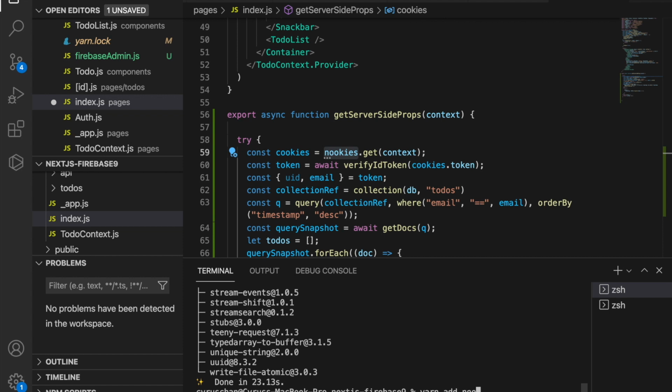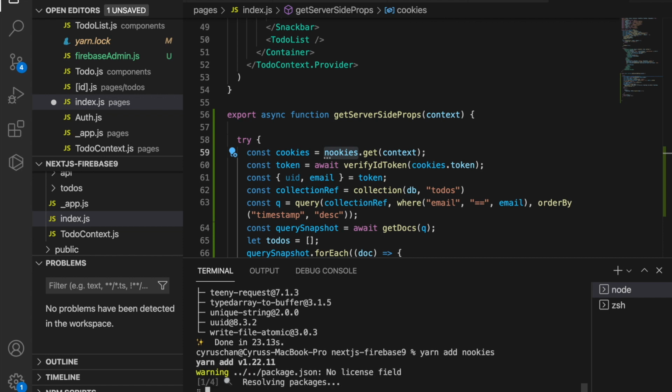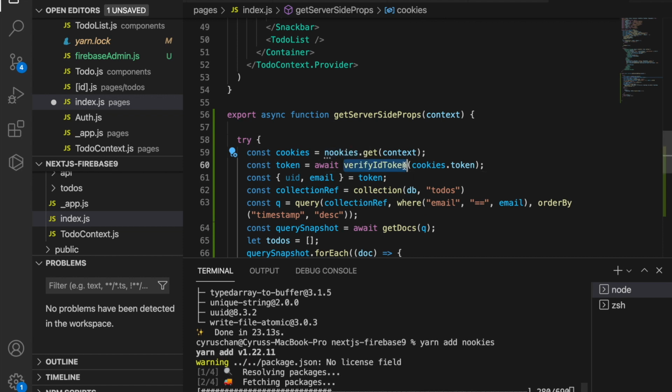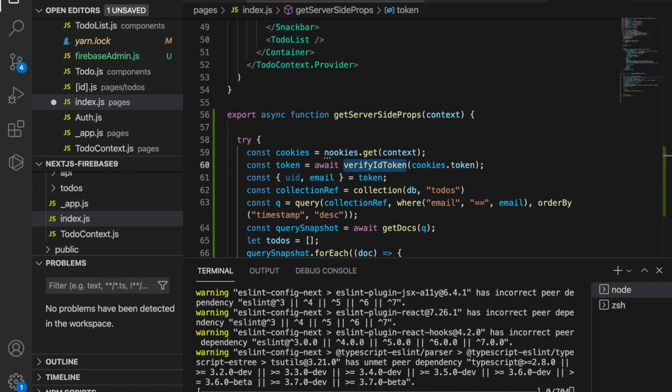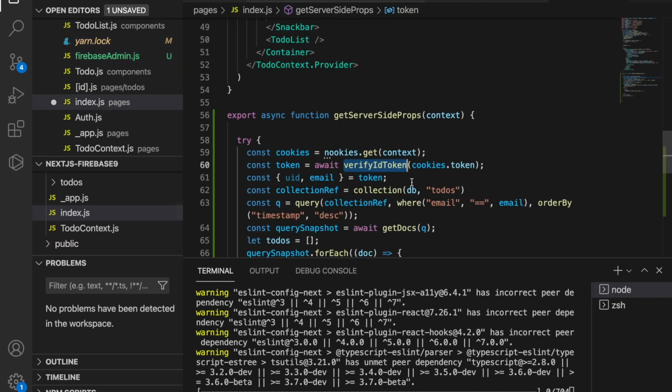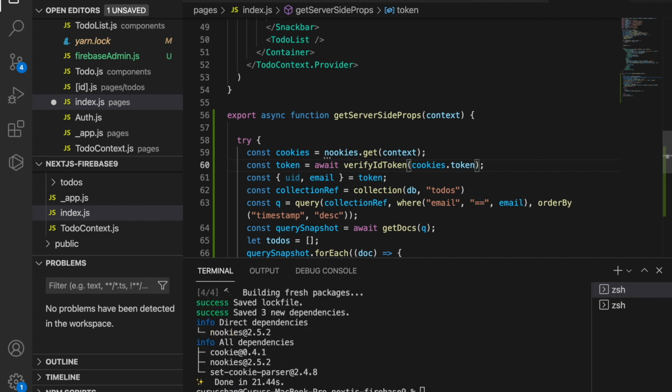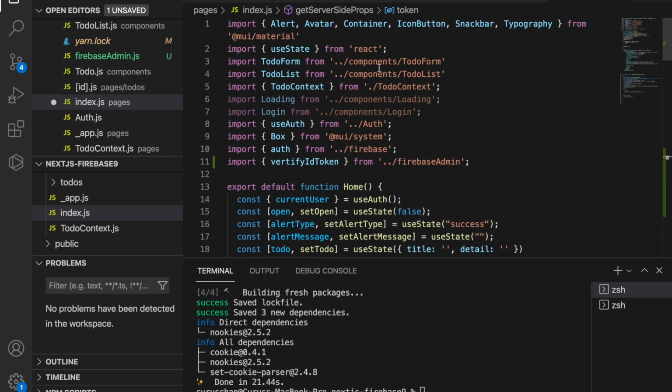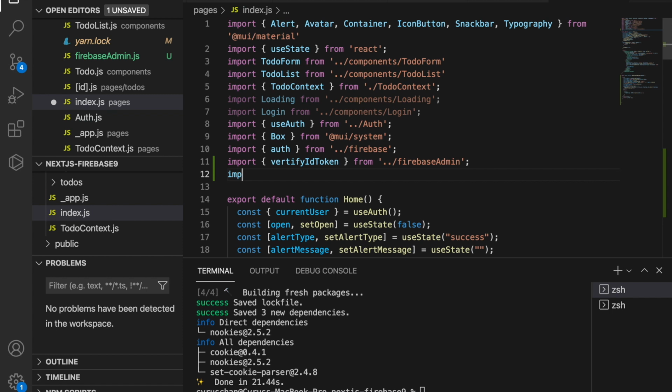So we type yarn add cookies, and this is the function that we just created in the Firebase admin, which is this verify ID token. So we go back to the index, and we have to import the verify token from the admin file, so you can see this, and we also have to import the cookies from